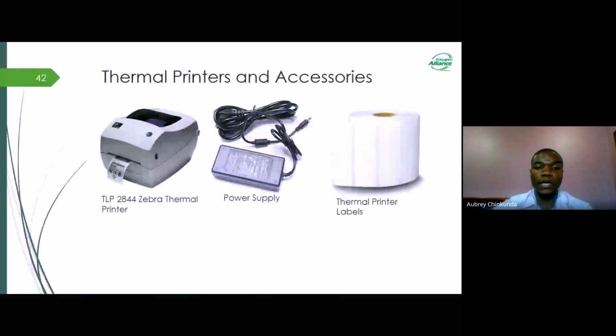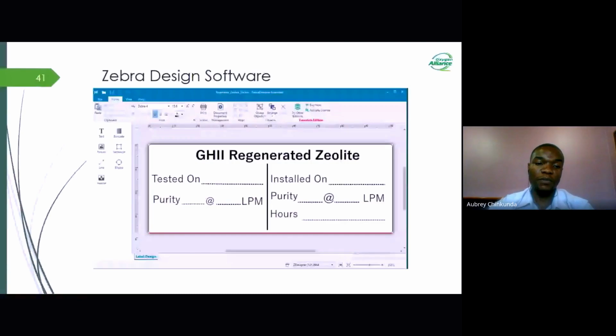And this software can be downloaded. The link will be pasted in the chat. You just go there and download the software and install it on your laptop or PC, or whatever machine that you're using. And it has multiple options. You can include a barcode on your equipment sticker. You can design various shapes and also include various texts. There's also an option where you can print the sticker once it's designed.